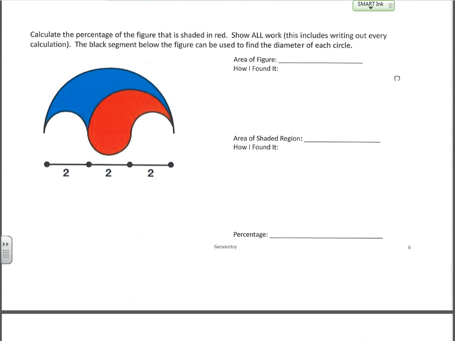Next one, shaded area. Calculate the percentage of the figure that is shaded in red. Show all work, which includes writing out every calculation. The black segment below the figure can be used to find the diameter of each circle. There's a hint. My favorite answer ever on this particular question, I bring it up just because it was just